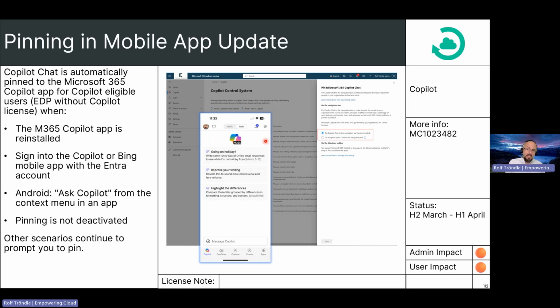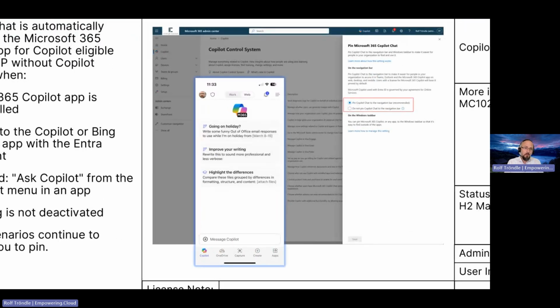But if you try to sign in with your Entra ID, which has enterprise data protection enabled, into the Copilot app, then you will be automatically redirected to the Microsoft 365 Copilot app. And if you don't have the Copilot chat pinned in there, it will now pin it for you automatically during the redirect part. So let's see in here